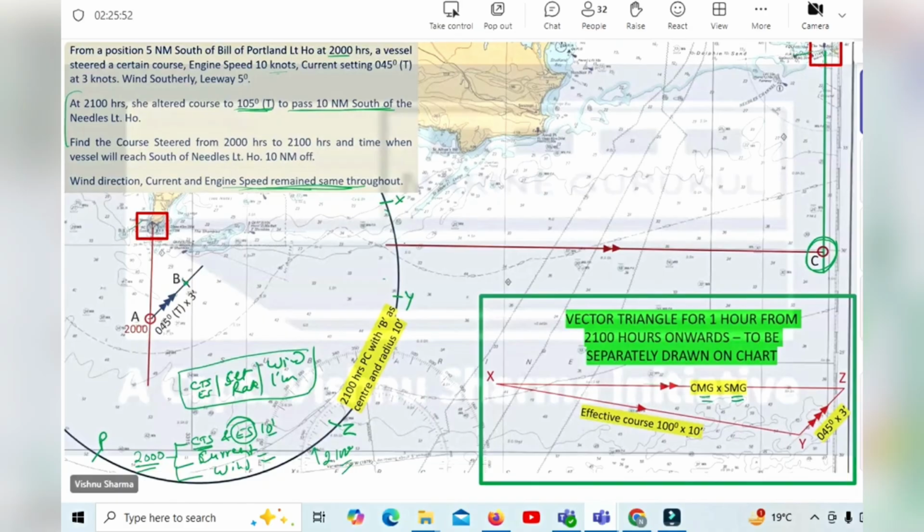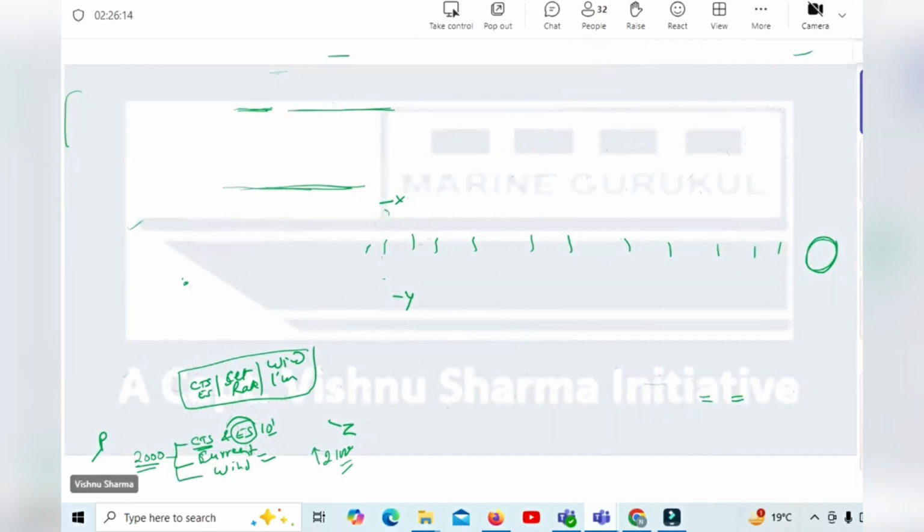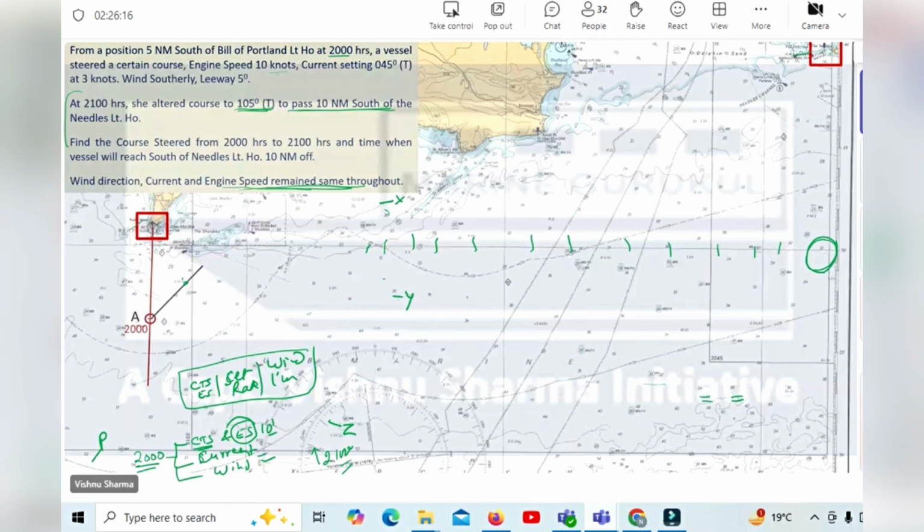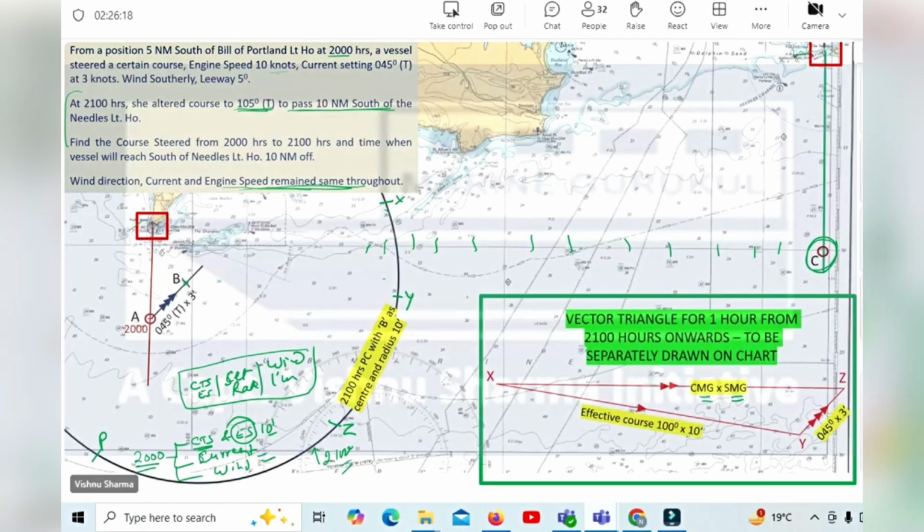And where now, the vessel would have been on this line from 2100 hours onwards. Vessel will be somewhere because this is the CMG. And the vessel is also on this circle at 2100 hours. So where is the vessel at 2100 hours? Vessel will be here at 2100 hours. Point D will be the fix of the ship at 2100 hours. Yes or no? Yes. Am I right? Yes, sir. I'll show it to you again if you want. 2100 hours. Now, guys,